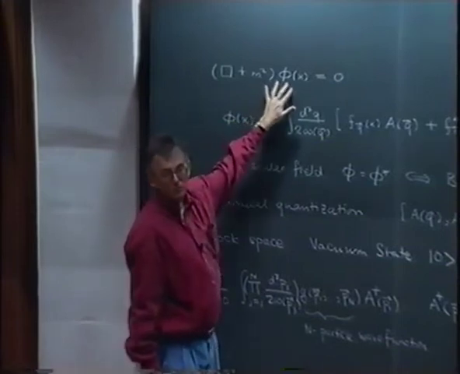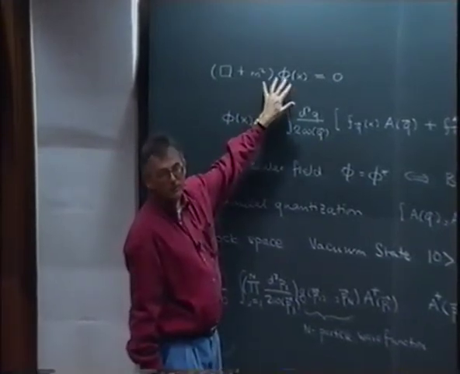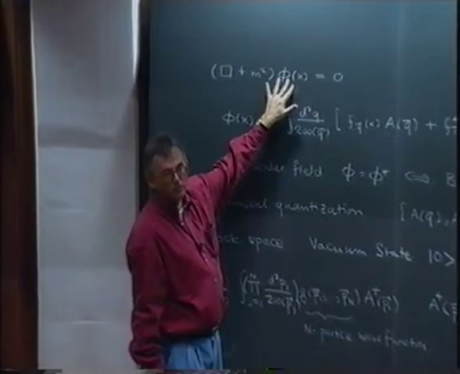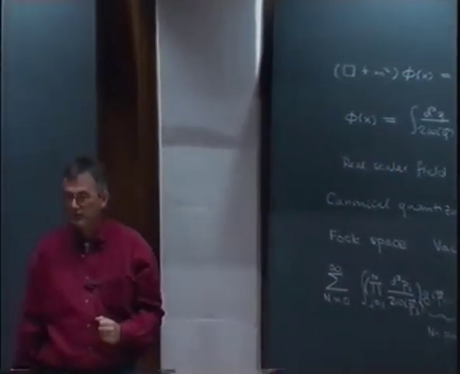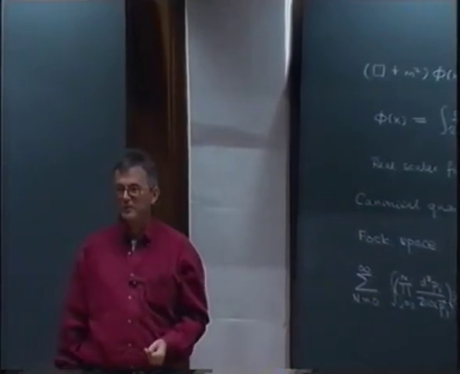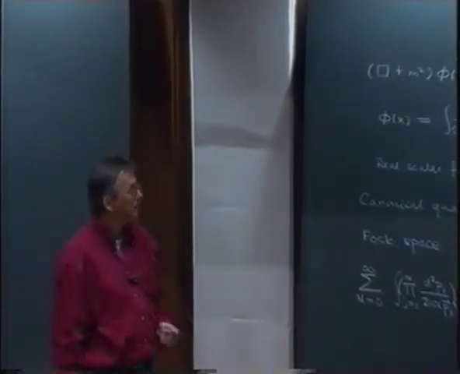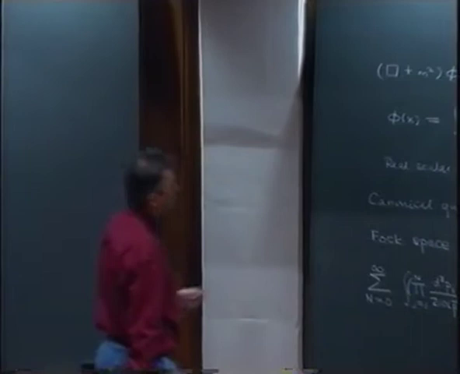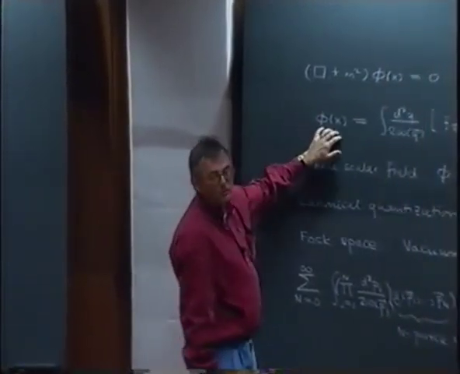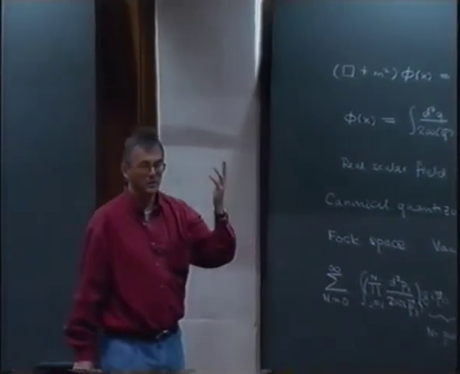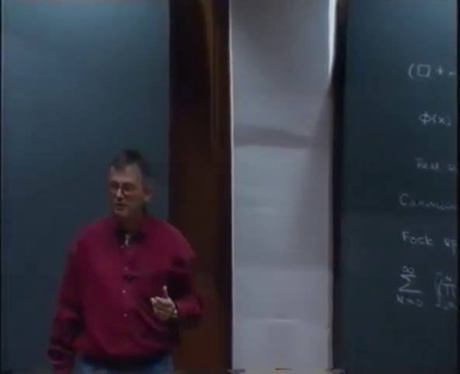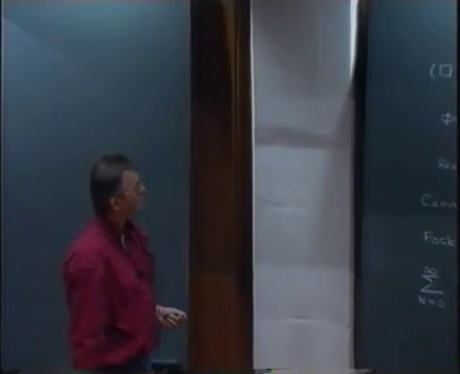Here you start out with, in the classical theory, or first quantized theory, think of this as a wave function, just like in a Schrödinger equation, and that wave function has a definite meaning in the sense that if you square it, you get a probability amplitude. But what is the meaning of this thing when I now turn this into an operator? Then you can no longer visualize, or it's much more difficult to visualize what this is.